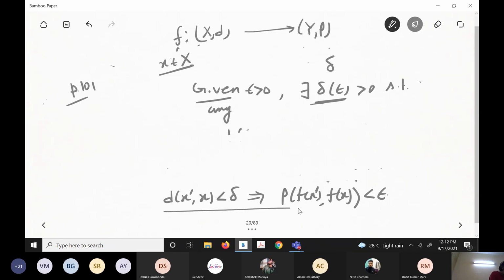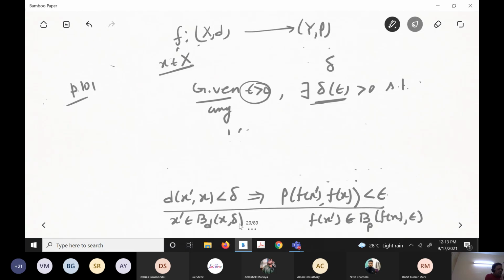Okay, now look at this. Here, epsilon means that f(x') belongs to the open ball B_rho(f(x), epsilon), centered at f(x) with radius epsilon. I am writing rho to indicate this is a ball in Y. And x' belongs to this ball means x' belongs to B_d(x, delta). In neighborhood terms, given epsilon means given any neighborhood of f(x), there exists a neighborhood of x such that whenever x' is there, f(x') is there. That means f of B_d(x, delta)